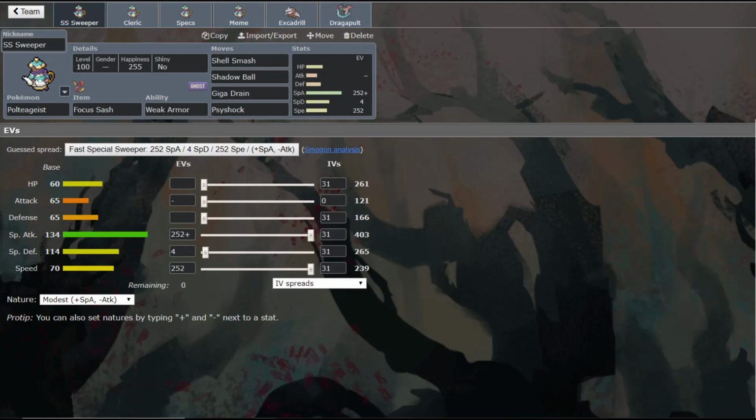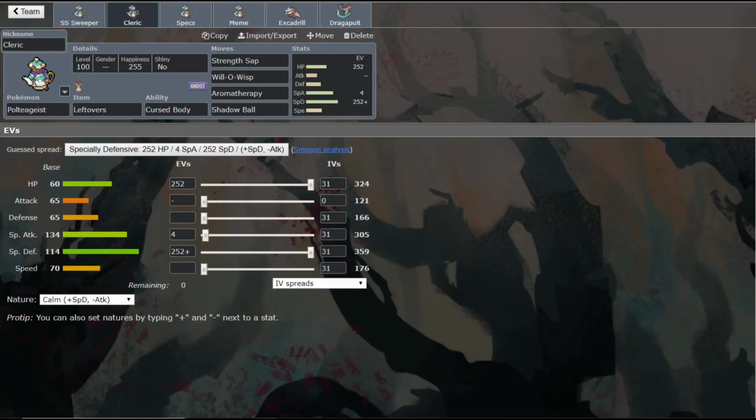Now this next set we're going to look at is a Cleric set. Now this is taking advantage of his base 114 special defense. You're going to want to go full HP and full special defense on this one. His HP being so low, it really hinders him a lot, but that high special defense is going to help compensate for it. So we're going to go max into that, and we're going to go with a Calm Nature because we're not going to be using the attack stat at all, and we're going to change the ability to